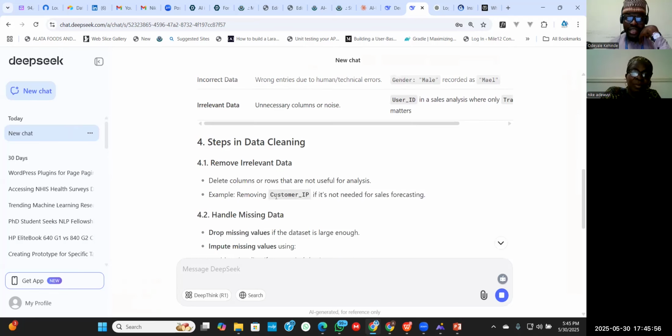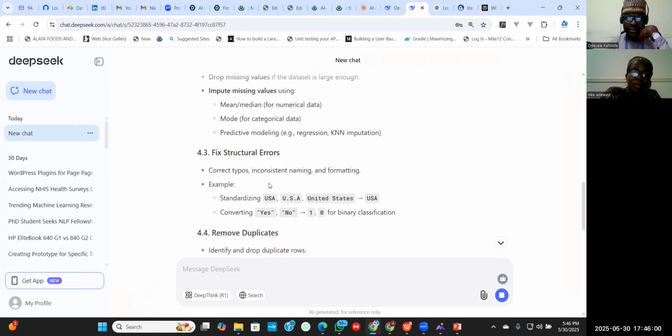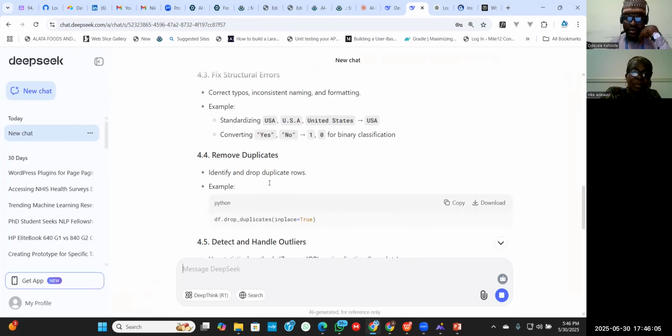So steps in data cleaning: remove irrelevant data, handle missing values, fix structural errors, remove duplicates.